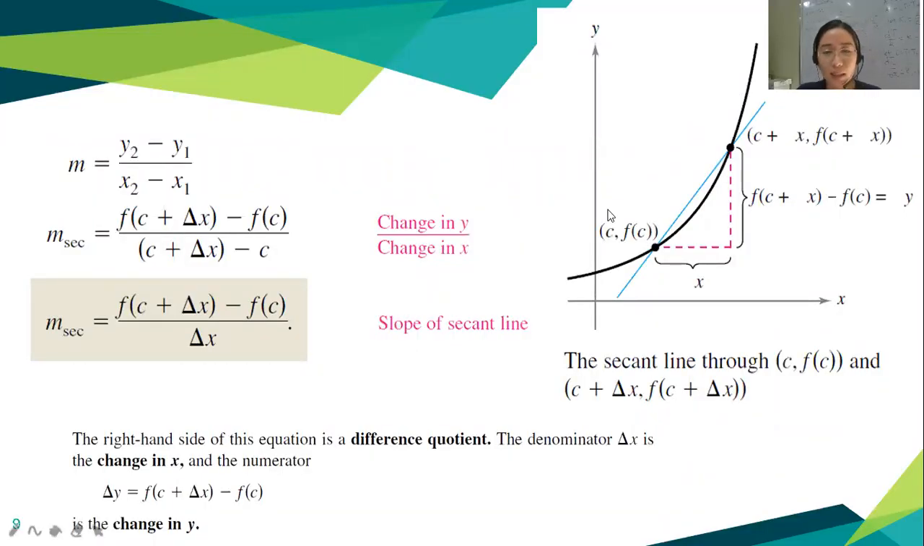Okay, so earlier I asked you if you still remember the equation for finding the slope, no? You answered that m is equal to y sub 2 minus y sub 1 over x sub 2 minus x sub 1. So if we substitute these points from earlier,